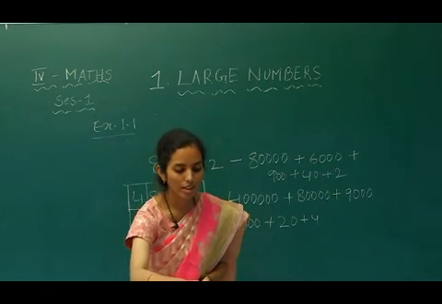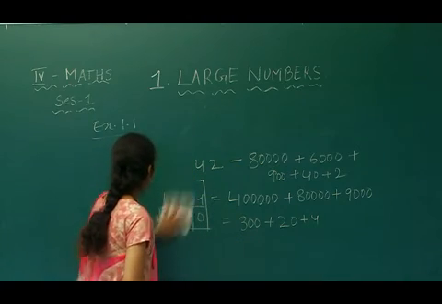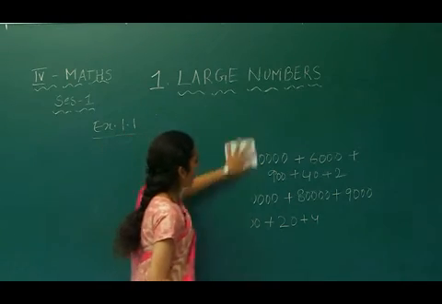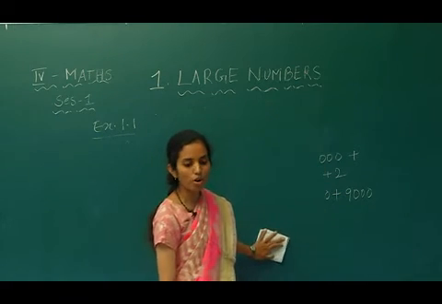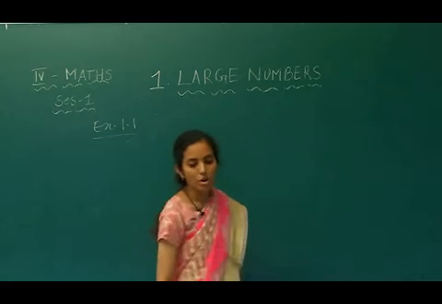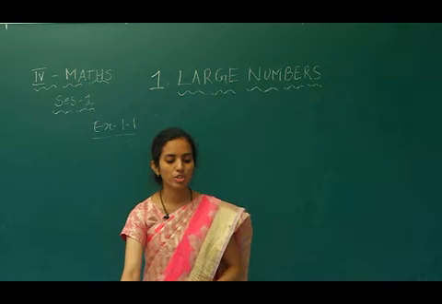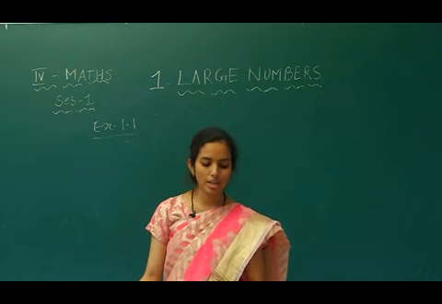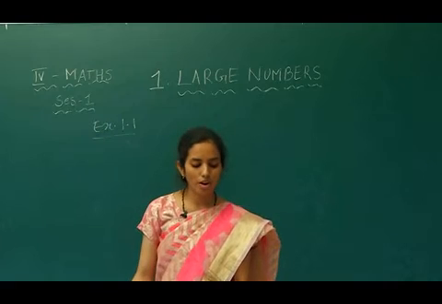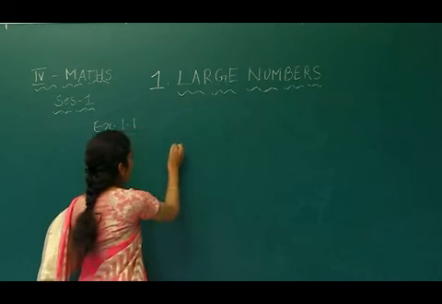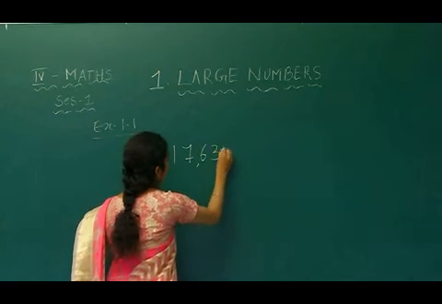Now look down in exercise 1.2, we are given problems. We are given the exercise on finding out the place values, making the place value chart for the following, and sum of the place values of 3. Wow, very nice and very interesting questions. First question, write the place value of the colored digit in each of the following numbers. So you can see in the textbook, 17,630.